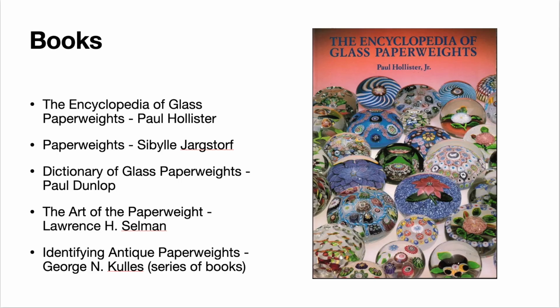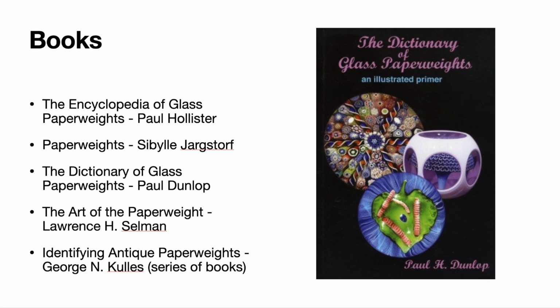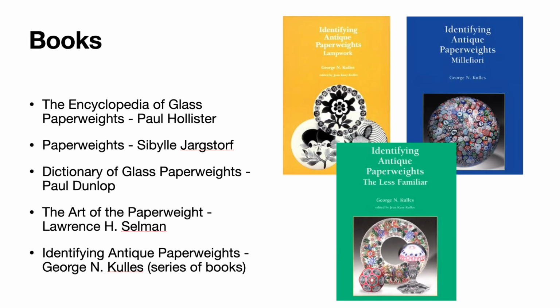These are just a number. I'll go through five books that are my favorite. There's a list on our website, a more extensive list, but these are my top five. The Encyclopedia of Glass Paperweights by Hollister, Paperweights by Sybil Jorgstruff, The Dictionary of Glass Paperweights by Paul Dunlop, The Art of the Paperweight by Lawrence Selman, and then finally, George